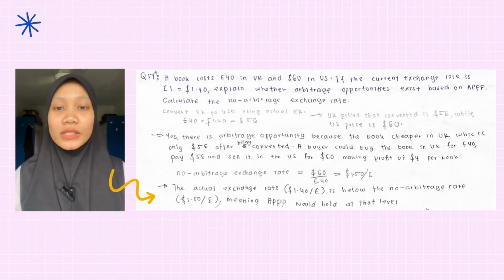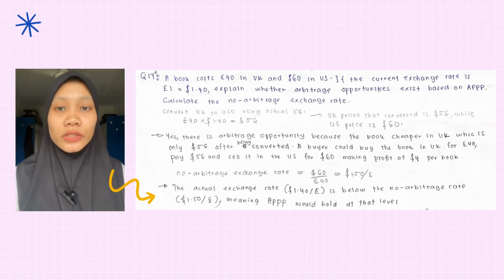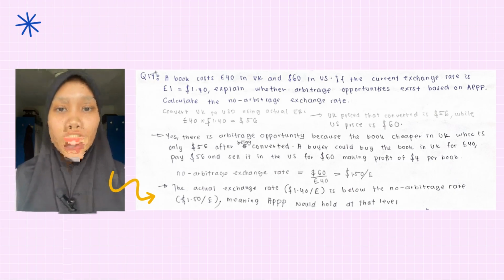For question 17, a book costs £40 in the UK and $60 in the US. If the current exchange rate is £1 equals $1.4, explain whether arbitrage opportunities exist based on the no-arbitrage condition. £40 multiplied with